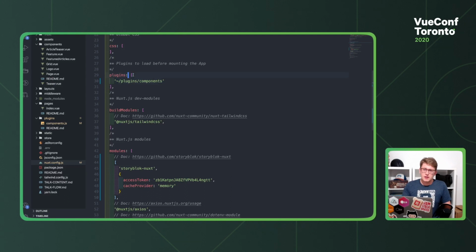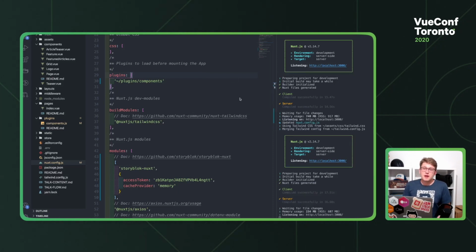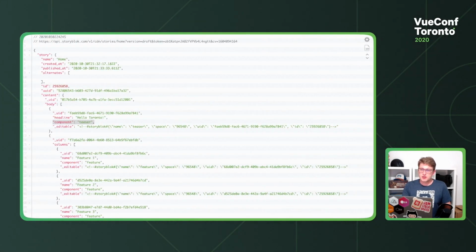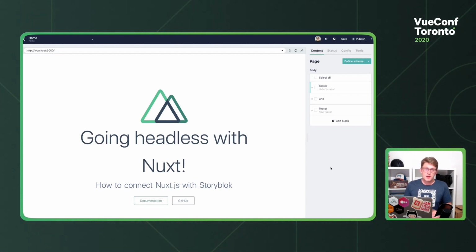This is still a work in progress. So let's save it and hope that everything is working and building. It takes a little bit of time. Okay, my Nuxt was built, and we should check our localhost to see if everything is running, and we still see a welcome screen. The reason why we don't see the components is that we didn't request any data from Storyblok, and we will do that in the index.vue